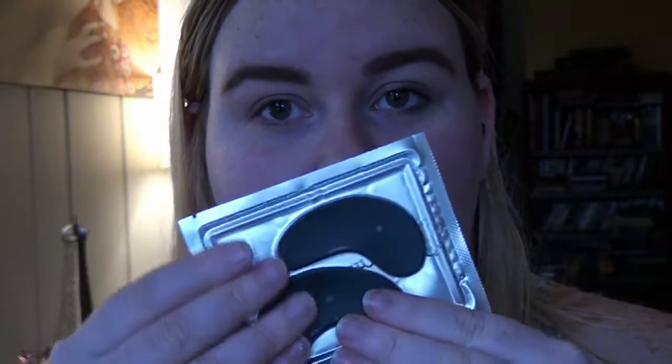I'm going to be doing a little bit of face prep because my skin is so dry and breaking out a little bit, as you can tell right here and a little bit down here. I don't break out much, sometimes hormonally, but I really don't break out much. So the fact that I'm breaking out is not good. So we're going to do a little bit of an under eye